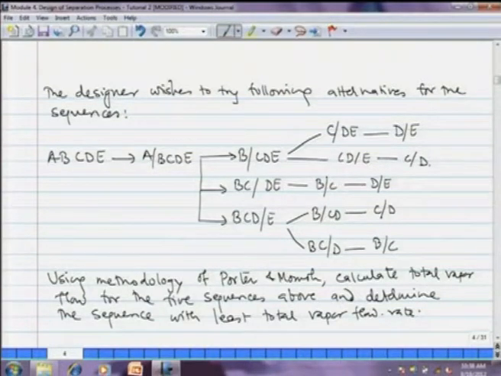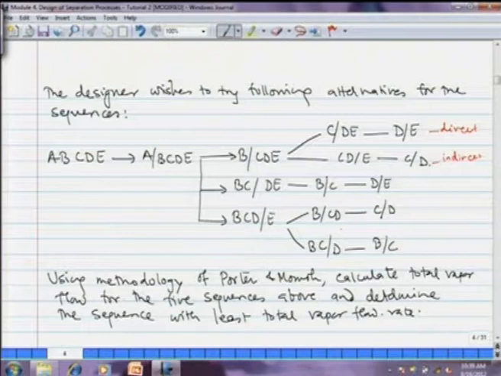ABCDE going first to separate A from BCDE, and the quaternary mixture of BCDE is split in direct and indirect sequence, in both ways. First B being separated from CDE, then C being separated from DE, and then the split of D and E. So, this is the direct sequence. Then the other way around, first is the separation of B by direct sequence, and CDE is separated in indirect sequence. Then we have an equimolar split between BC and DE, and then the binary mixtures of BC and DE are split separately.